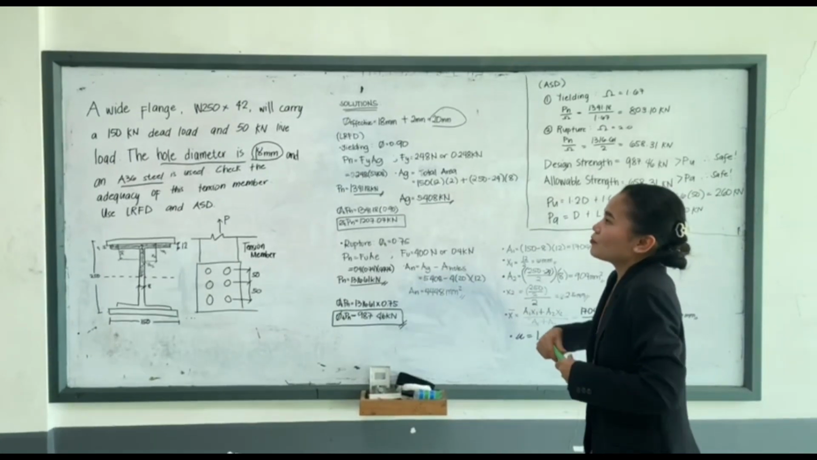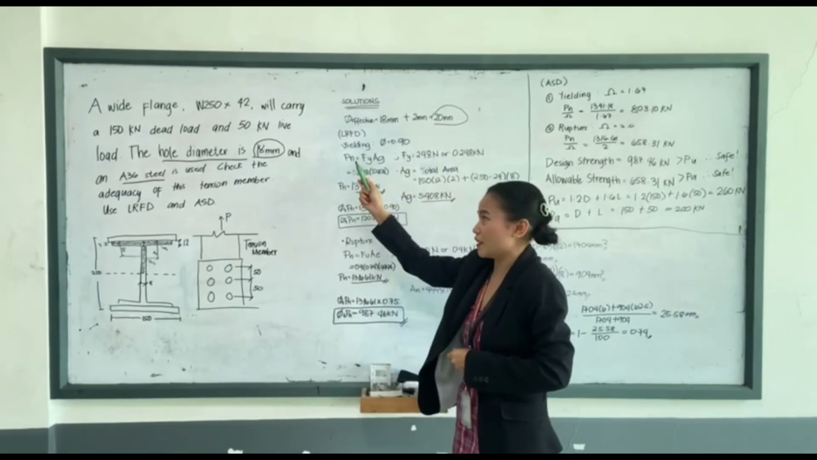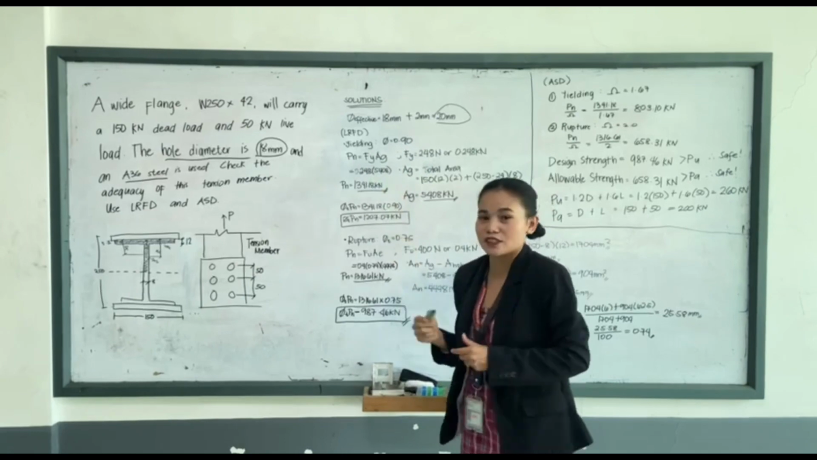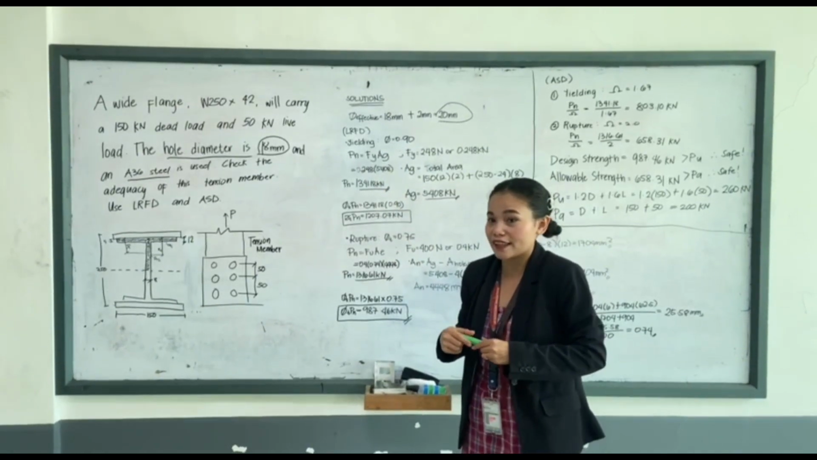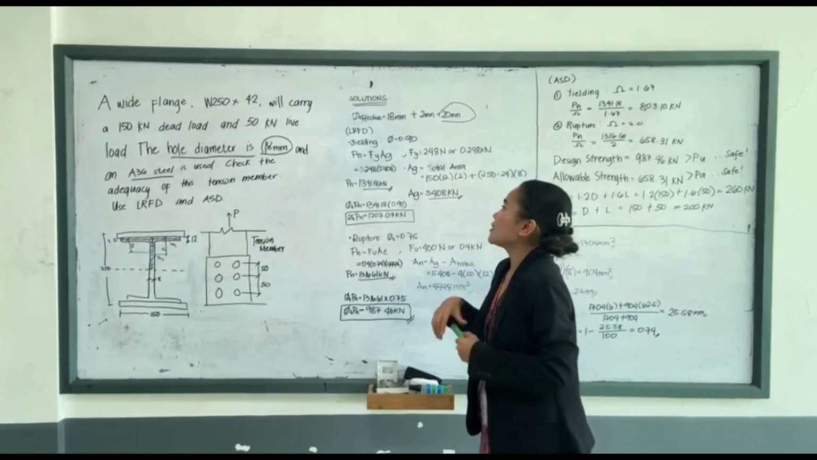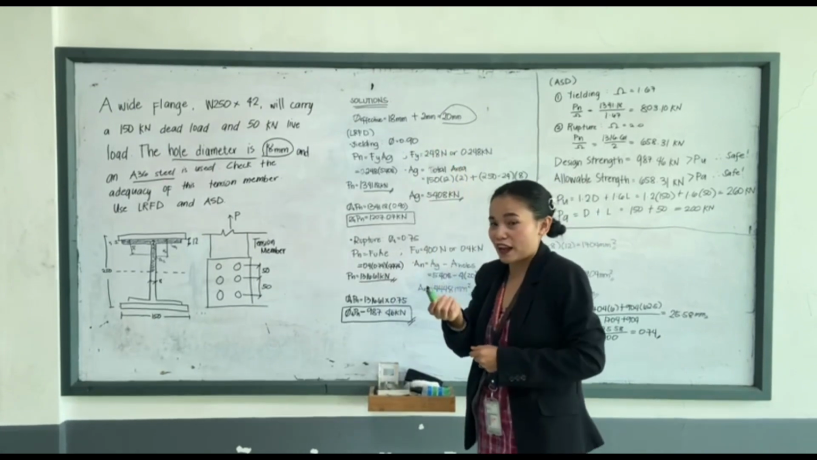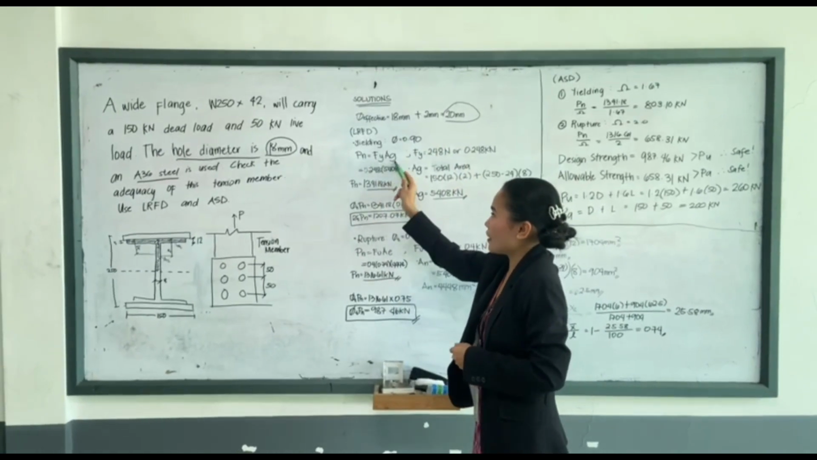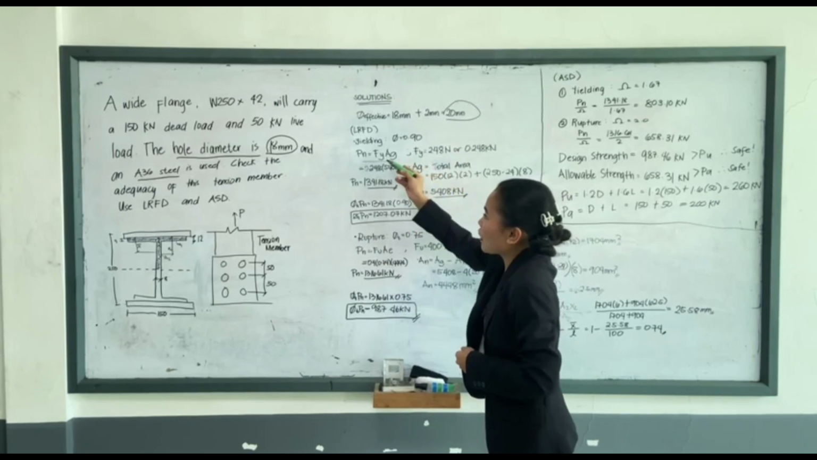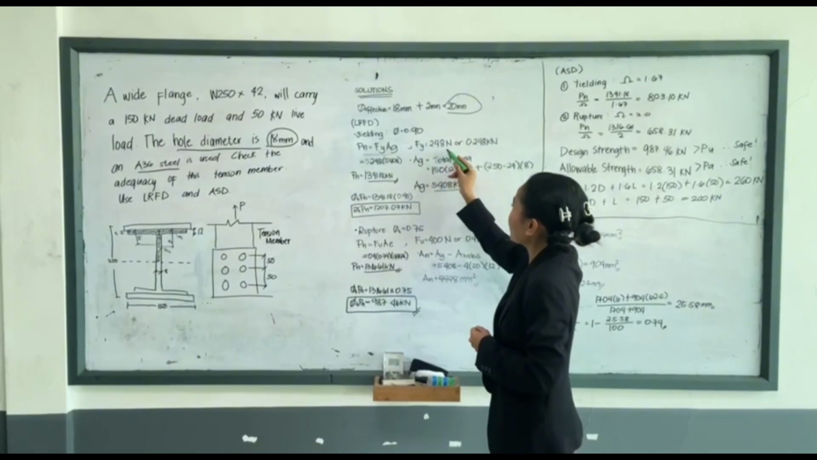And now, let's start with the LRFD. First, we have the yielding. The factor for yielding is 0.90, right? So we have 0.90. The formula is Pn equals Fy times Ag. So our Fy is 248 newton per square millimeter, or